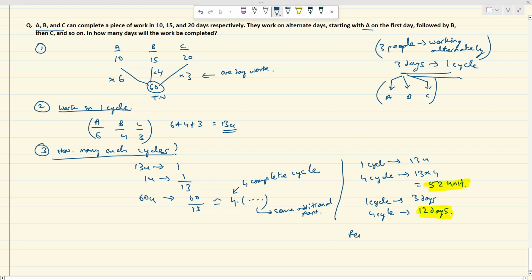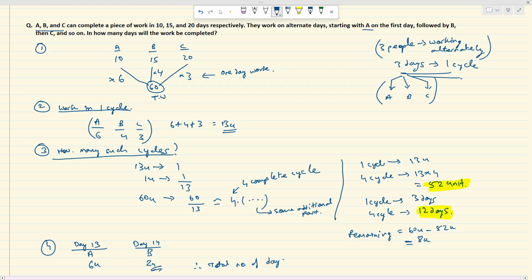फिर रिमेनिंग क्या है मेरा, रिमेनिंग इज 60 units minus 52 units, that is 8 units, remaining is my 8 units, okay। So डे 13 पे ए काम करने आएगा एंड ए विल डू 6 units on 13th day। आउट ऑफ दिस 8 रिमेनिंग यूनिट्स ए 6 यूनिट 13th डे पे कर देगा, एंड ऑन डे 14 only 2 units would be remaining if out of this 8 units 6 units is being done by A on 13th day। 14th day पे B अकेले उतना काम कर देगा। B एक दिन में 4 यूनिट काम कर पाता है, लेकिन बचा ही 2 यूनिट काम है, तो वो 2 यूनिट काम अकेले कर देगा उस दिन पे, करके जल्दी घर चला जाएगा, छुट्टी ले लेगा वो। तो टोटल नंबर ऑफ दिस इक्वल टू 14 days।